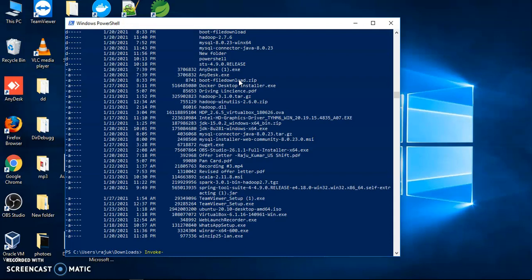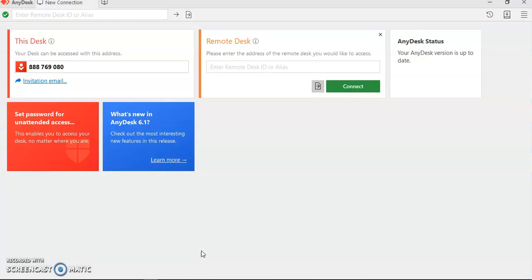Invoke-Item. After that I have to write AnyDesk, because I have written only Any. After that I hit tab. After hitting tab, it automatically takes the full command. Now I have to hit enter, and then we will see AnyDesk will be opened automatically. Okay, you can see now we can connect any VPN tool like this.